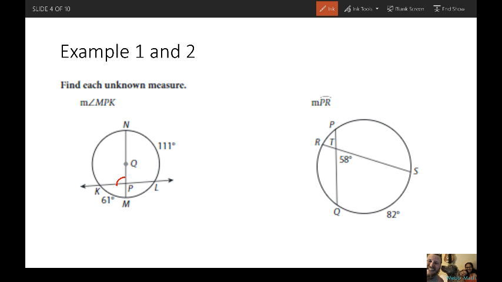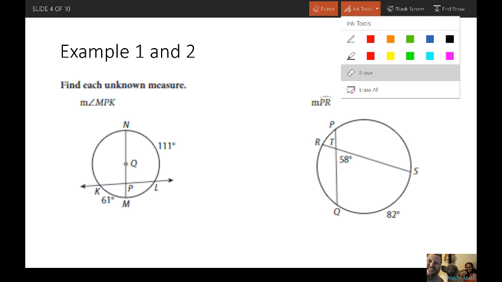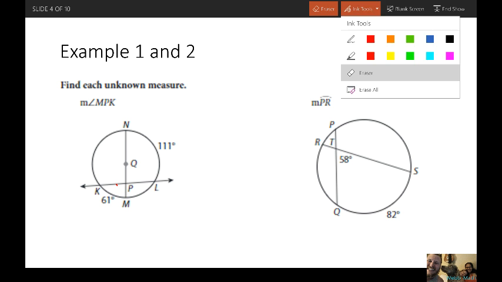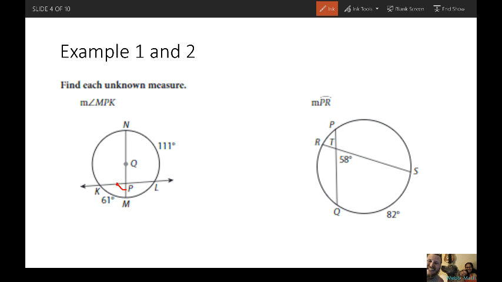Oh, and you know what? I just realized, silly Mr. Webb, you labeled the wrong one. MPK is this guy, okay? There we go. So MPK equals half